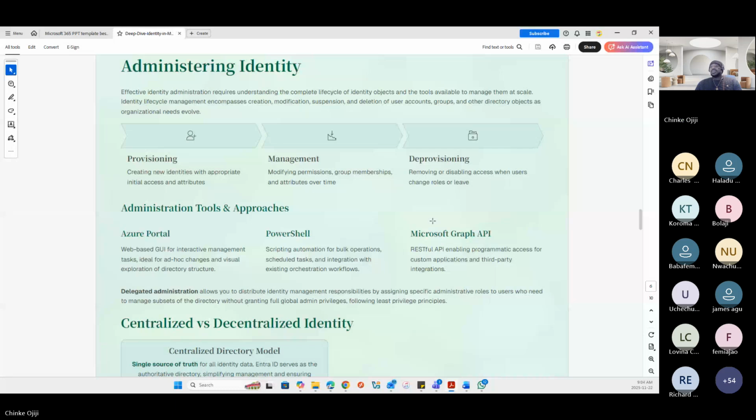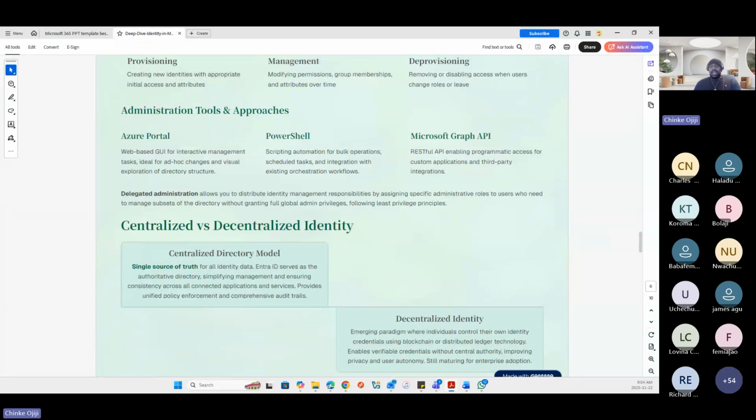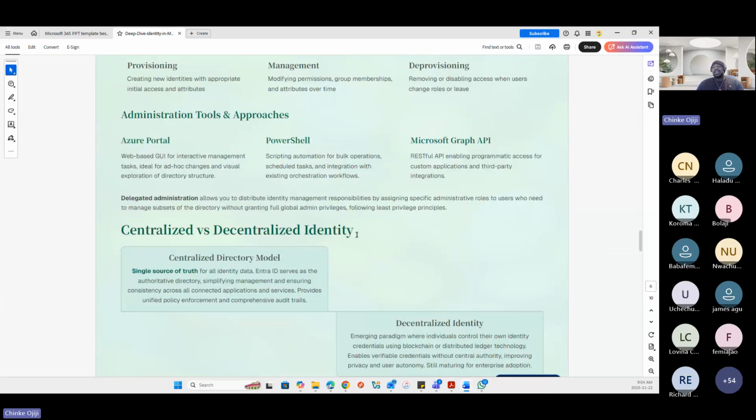Now, also, I would like to talk about centralized and decentralized identities, right? So there are different ways to model an identity in the organization, right? A centralized model will give you all users and all apps, they stay in one directory, right? It's simple, manageable, and consistent, right?